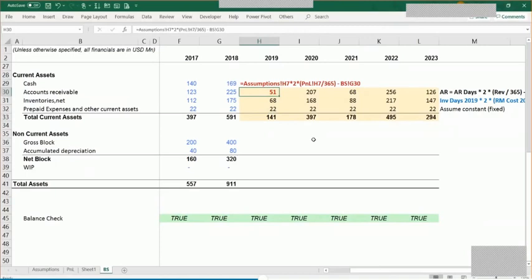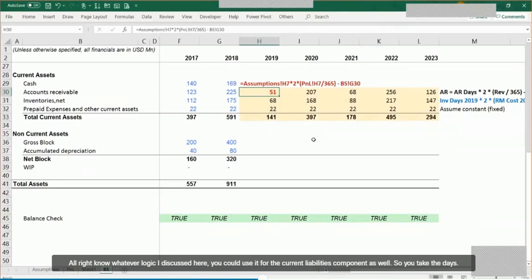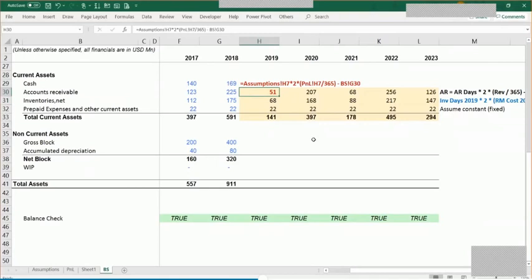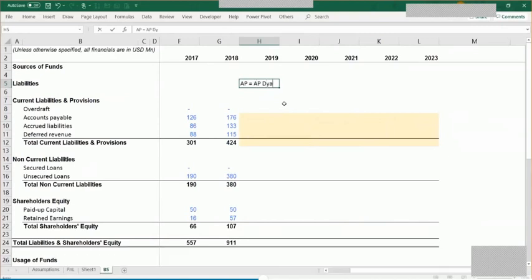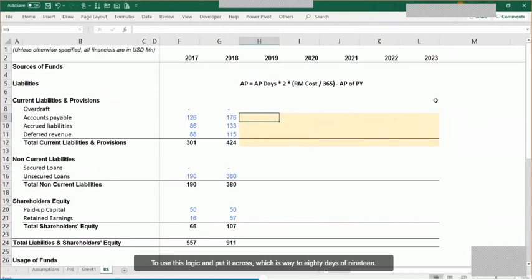All right. Now, whatever logic I've discussed here, you could use it for the current liabilities component as well. So you take the days, multiply by 2, multiply by the daily component, minus previous year. So if I have to write the formula for accounts payable, it's going to be accounts payable days into 2 into raw material cost per day, minus accounts payable previous year. So use this logic and put it across out here, which is equal to AP days